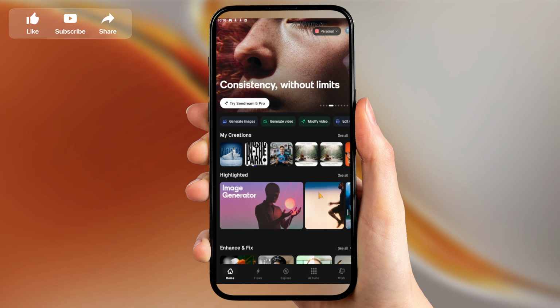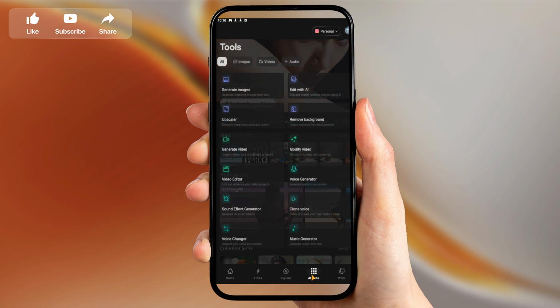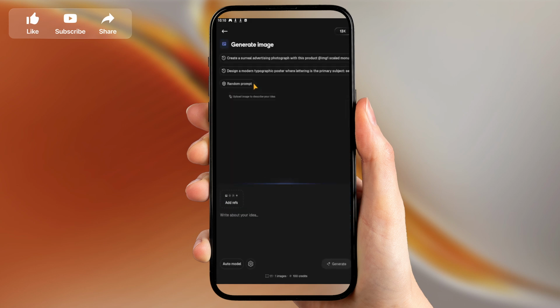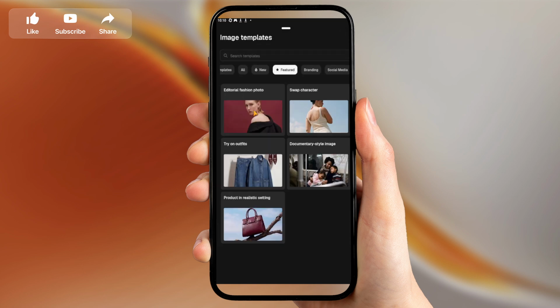Once you're in, look to the bottom navigation bar and tap AI Suite. From there, choose Generate Images. This is where all your creative work begins. Now decide how you want to start. You can type a custom prompt or you can create from a template. Templates are organized into helpful categories like branding, social media, and advertising, which gives you a strong head start for